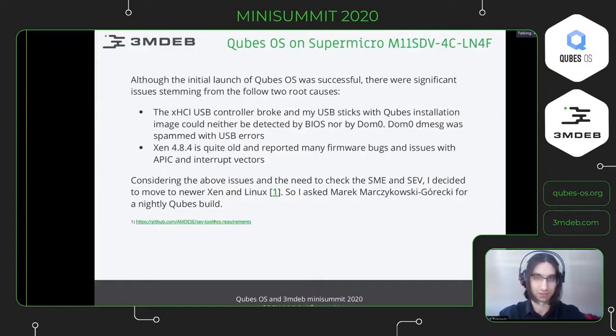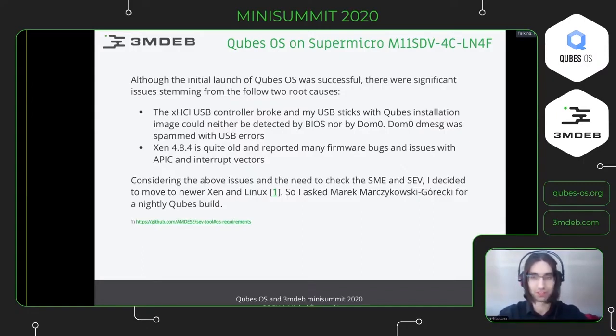And what was the most significant for me, that the USB controller entered some bugged state, and I couldn't, for example, enumerate any USB sticks that were connected. The issue was also present after reboots, and it basically couldn't boot from any USB, even under the BIOS. And the whole dom0 dmesg was spammed with USB errors.